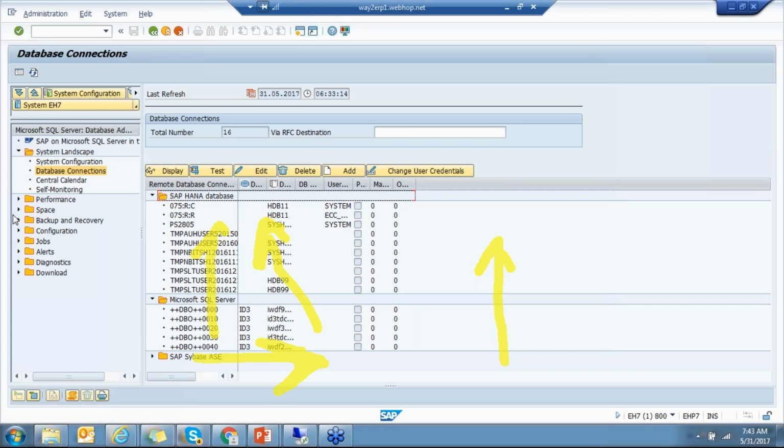Venkat, you just mentioned that ABAP certification is required for the ABAP on HANA certification. Yes, 100 percent. But recently my students are saying that if you have 10 years of experience, there is some exemption. You have to check with SAP Education.